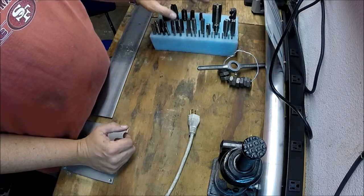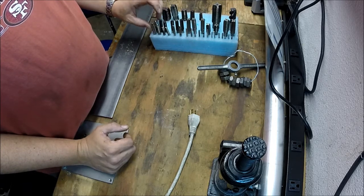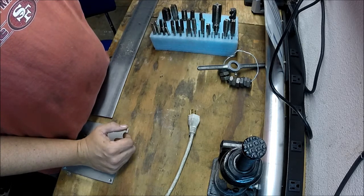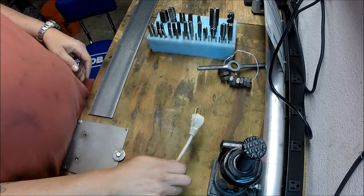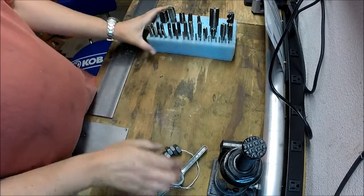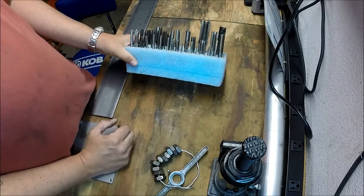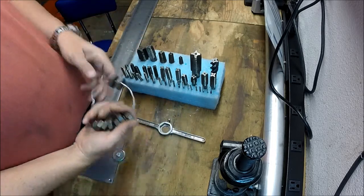I've been buying high-speed steel taps for most of the jobs, just because I'm not a big production facility. I'm not making thousands of dollars, and really, honestly, not making any money yet. Hopefully one day, but he brought me a pretty dang good start for my taps and some dies with a